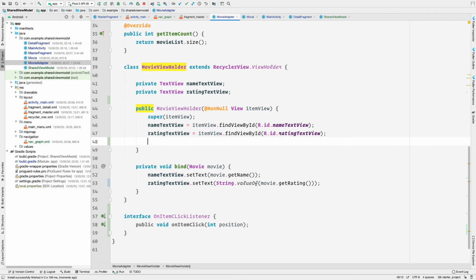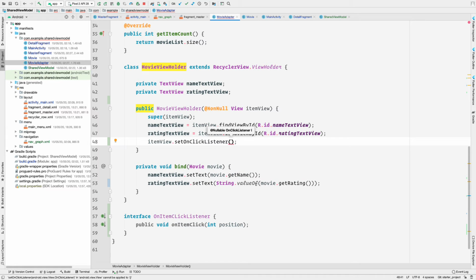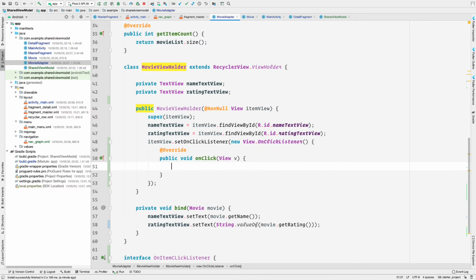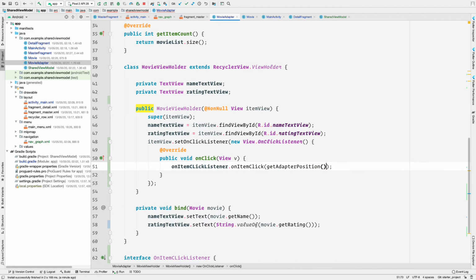So we can simply say item view dot set on click listener, and this would be new view on click listener. And here we can simply say on item click listener dot on item click, and here we will pass in the current position, that is get adapter position.